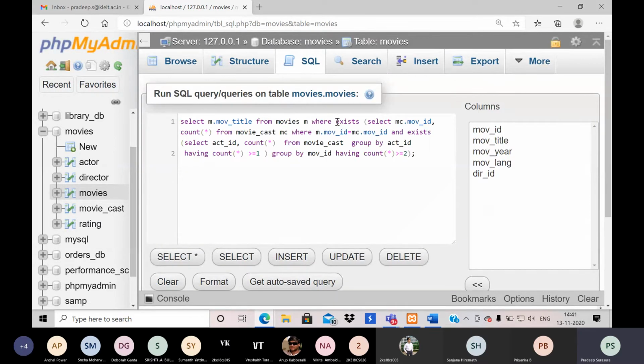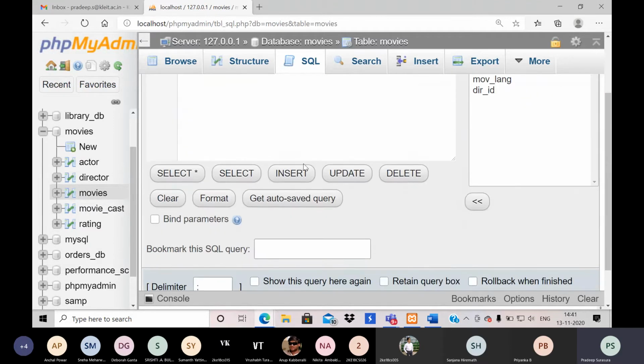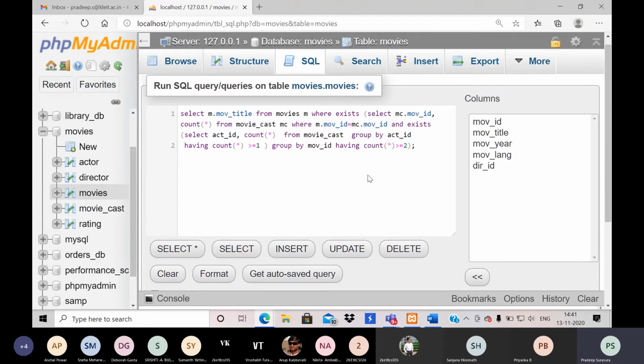first I need to take one movie and collect all the people. So in one movie, I should get multiple people, or first I will group all the people with respect to one movie. Then I will take another movie and same set of people should be working in more than one movie. Okay, so likewise, two people are working in more than two or equal to two. Here I have given equal to 2.